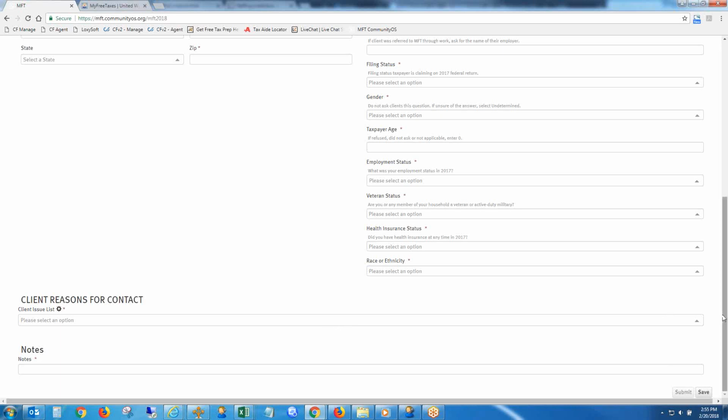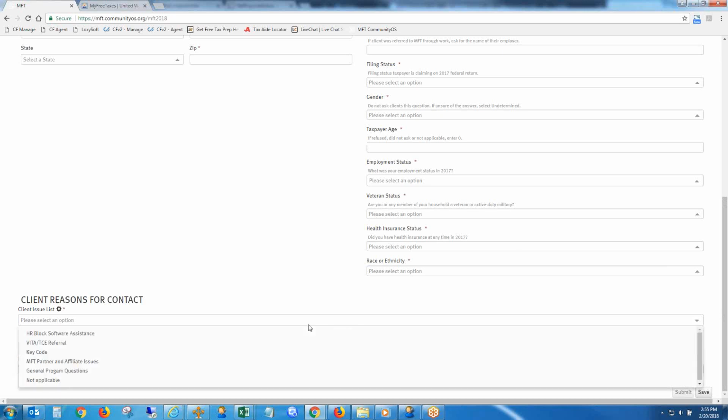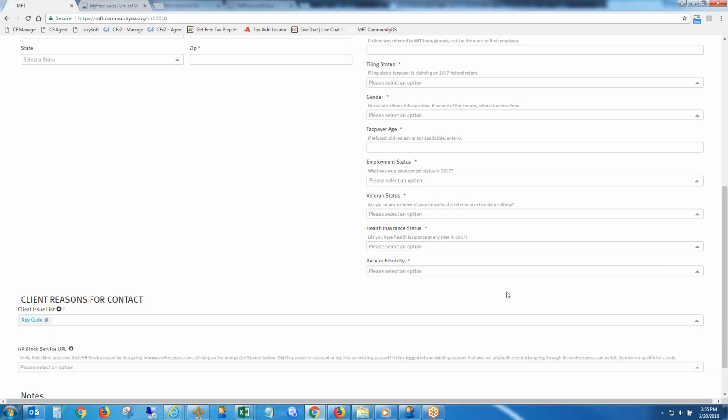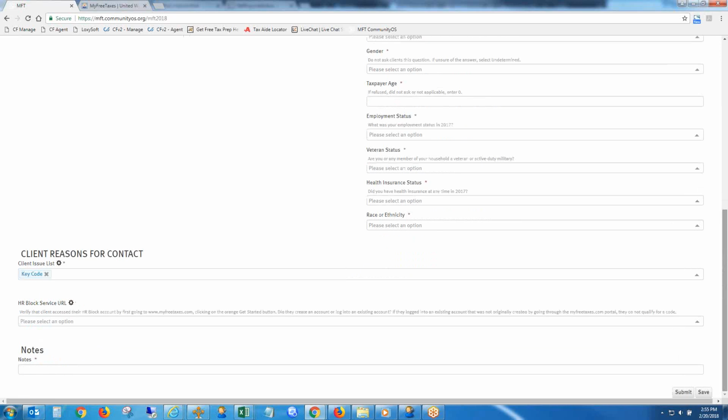So right now you're looking at the intake form. I'm not going to fill out all of the other fields because I don't need to for the purpose of showing you how to complete this section. To get to the key code generator, you're going to click on key code, and then it's going to yield a series of questions that you need to ask your client to determine whether or not they qualify for the code. So the first one is to verify that